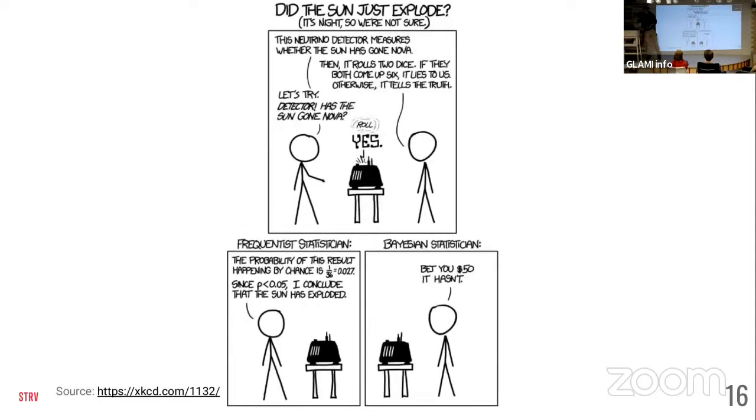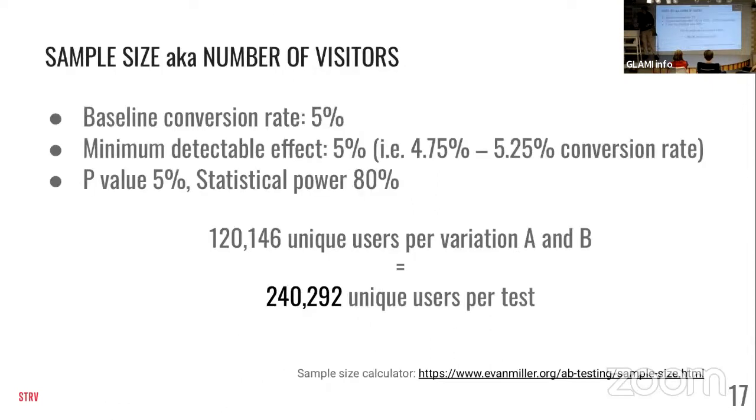All right, this is a joke about Bayesian versus frequentist. I think I will skip this. You can look at XKCD. Basically, it says that the Bayesian approach is something based on history. So this is a joke about this. There is some controversy behind this cartoon.